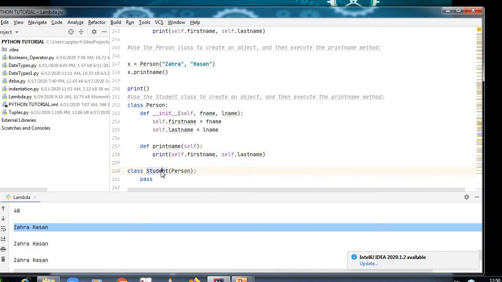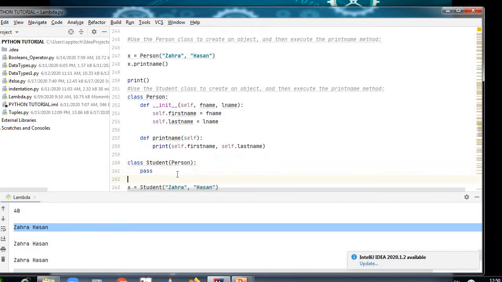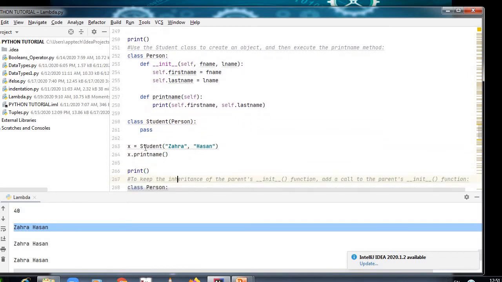Here I'm creating one more class by the name student. The task says: use the student class to create an object and then execute the print name method. Here I have called the student class, which is inherited from the parent class, that is person.